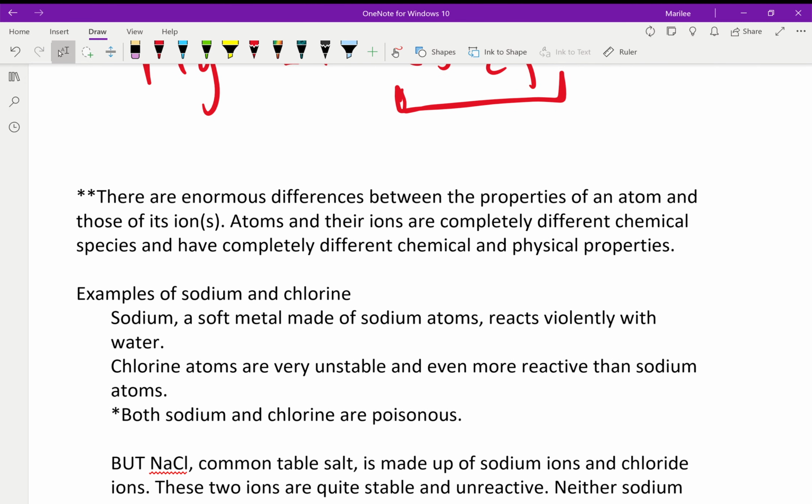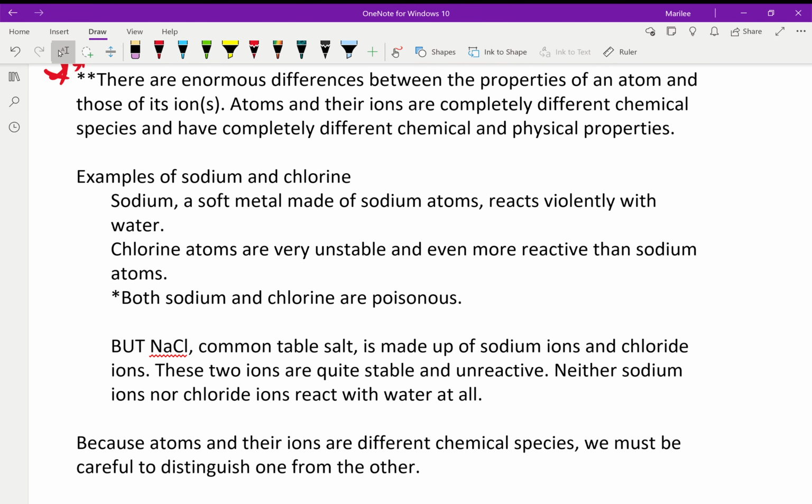There are enormous differences between the properties of an atom and those of its ions. Atoms and their ions are completely different chemical species and have completely different chemical and physical properties. Okay, guys, that's very, very important for you to understand. An example of sodium and chlorine. So, for you to understand this statement here,